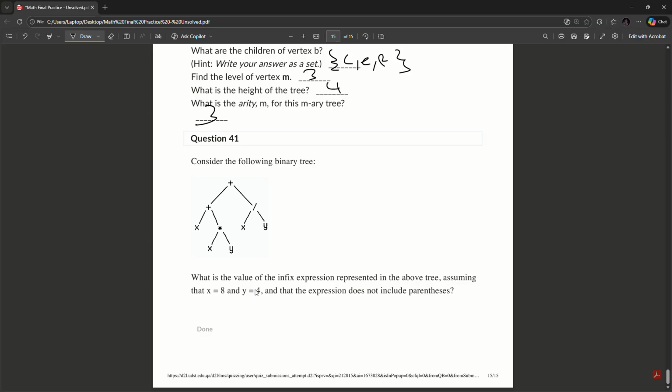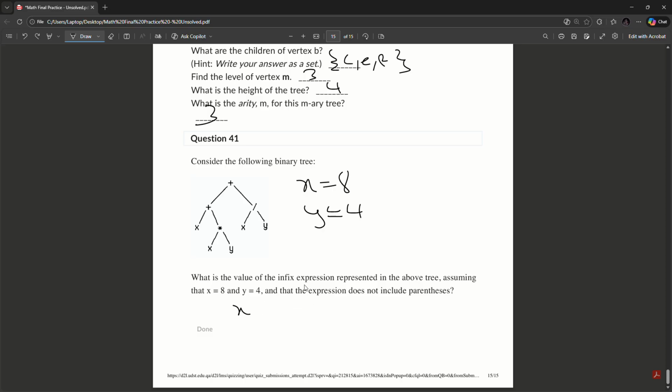Considering the following binary tree. Okay, it says infix. Infix is basically normal mathematics, but in a tree, you go from bottom to top. So x equals 8, y equals 4. So I'm starting from here, right? So x times y equals